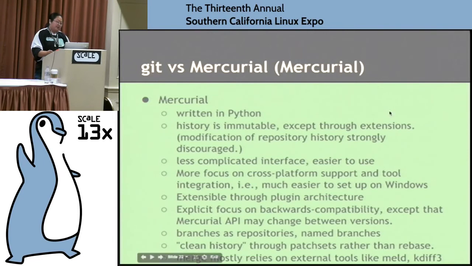So this is actually a feature of Mercurial that I really like, that they make this special effort, that they try to make it user-friendly, that they make it cross-platform so that you're not locked into having to use it on Linux or whatever. You can use whatever tool, whatever operating system that you want.